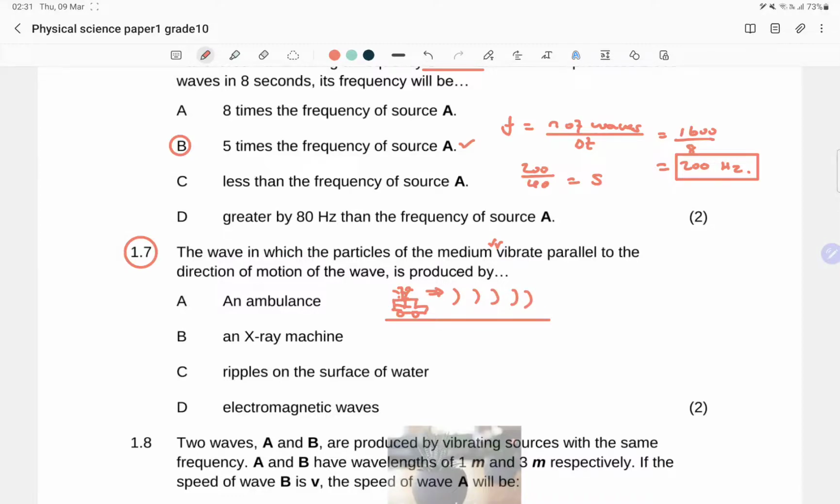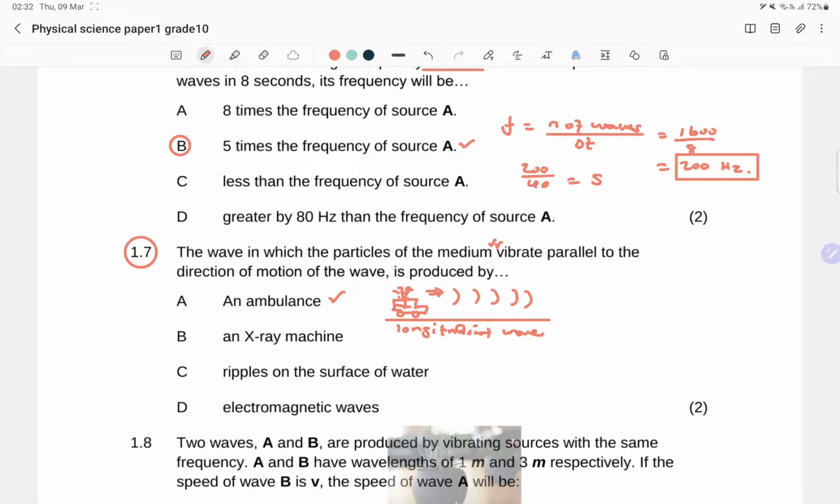So now what happens is this sound is basically producing a longitudinal wave. And then the longitudinal wave essentially produces a situation that would tell us that the particles of the medium will vibrate parallel to the direction of motion of the wave, because everything is going to be vibrating in that direction, and the direction of the wave is directed that way. So this is quite true, okay, because the compressions are going to be ahead of it. The X-ray machine,